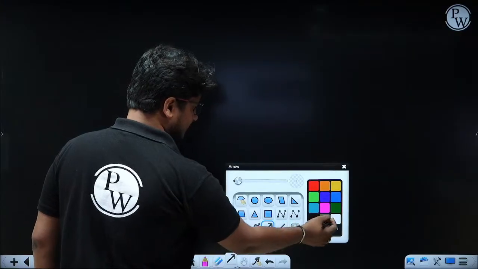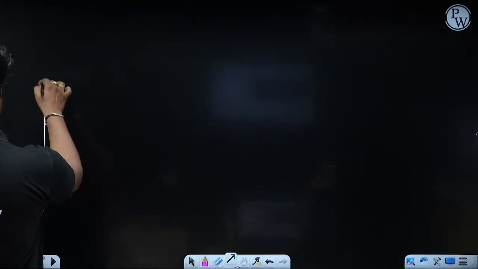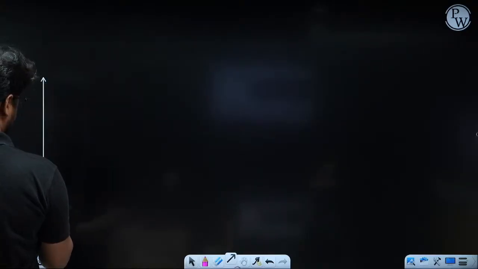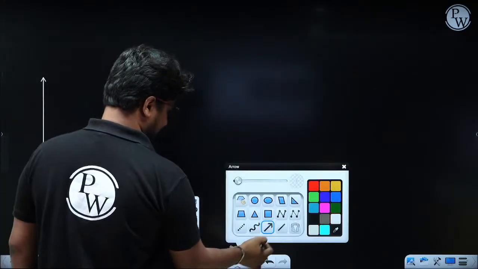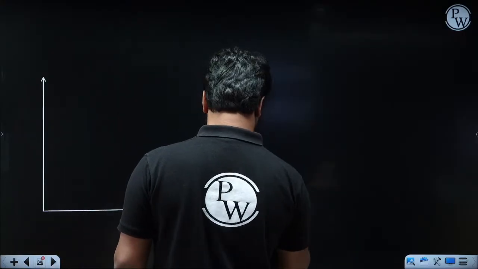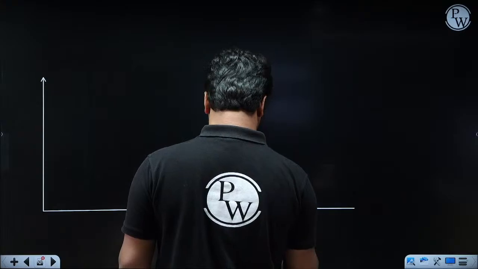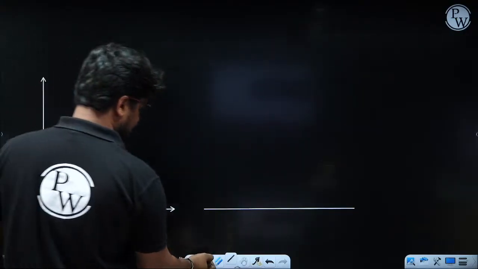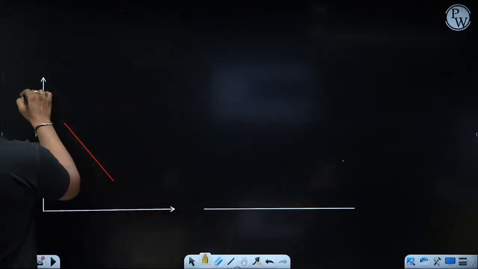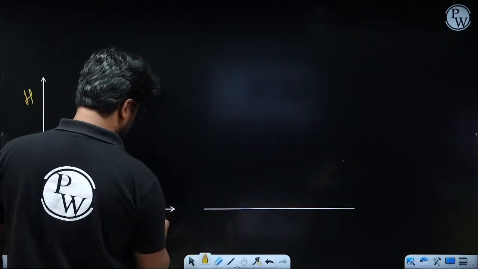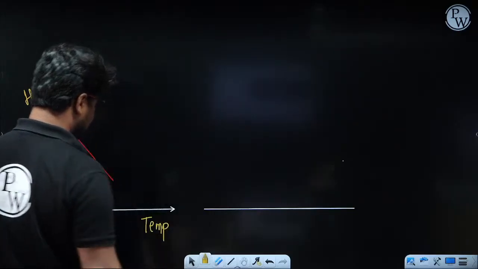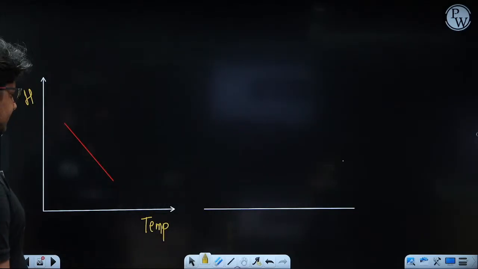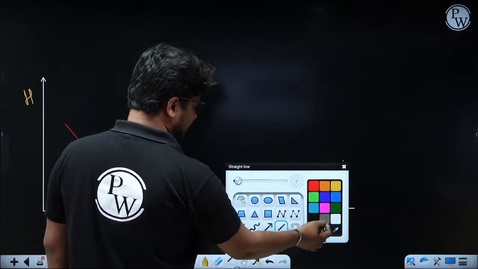Now the next case is trapping. So this is the ALR line what you have. This is the height, this is the temperature. And now see the